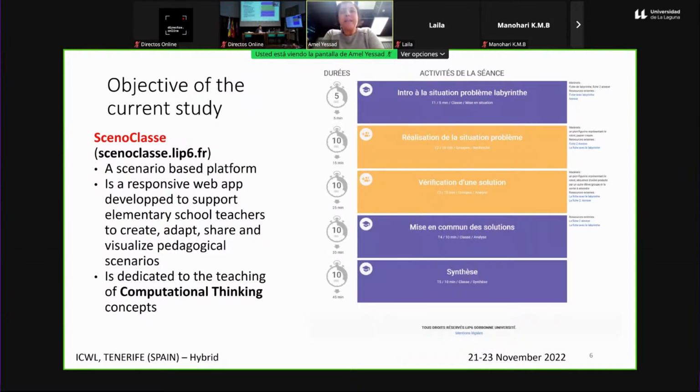Here, for example, you can see also the timeline of activities that belong to one scenario. In this timeline, we can organize the sequencing of the activities